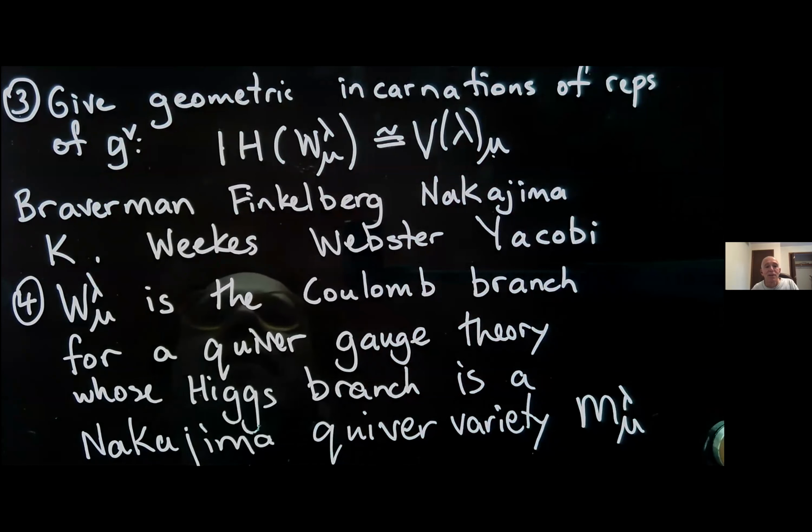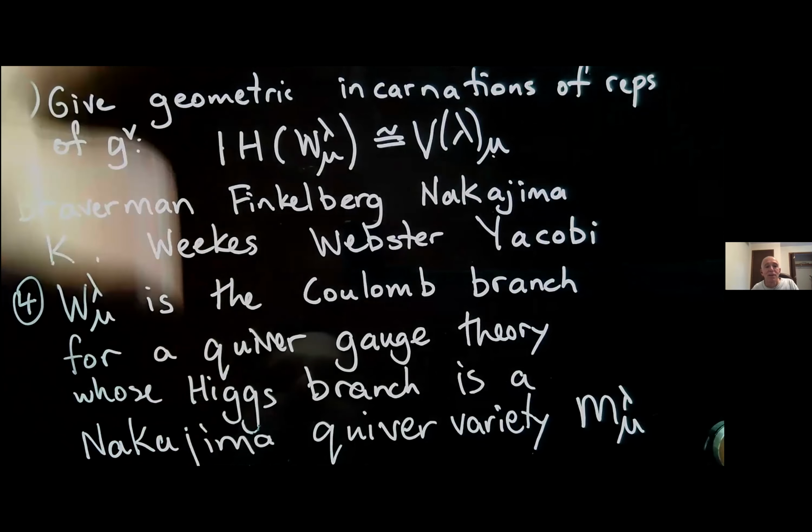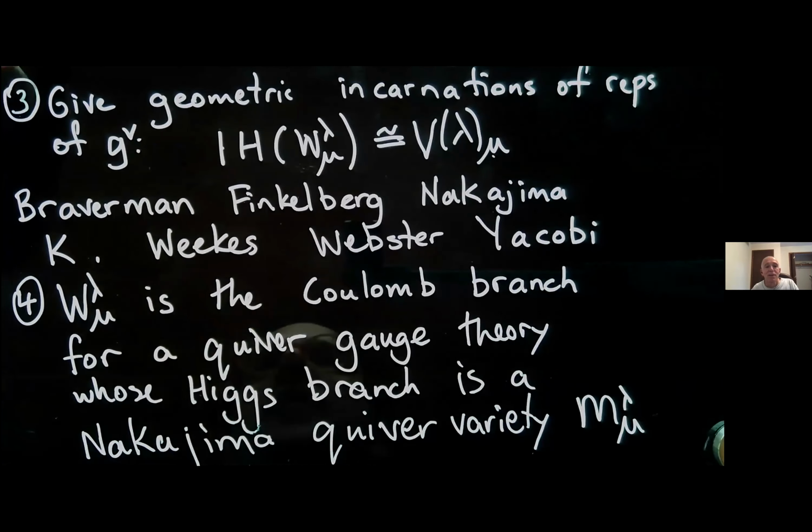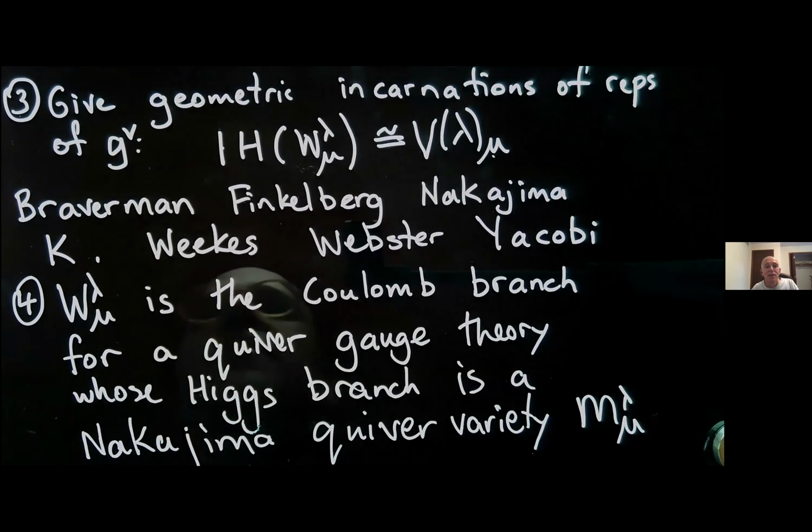In fact, they can also be defined when mu is not dominant, but their definition is somehow more complicated in that case. But it can be done, and all the same good properties hold, including the truncated shifted Yangians, these quantizations, although they're no longer subquotients of the Yangian. Any questions about these general properties of these guys?